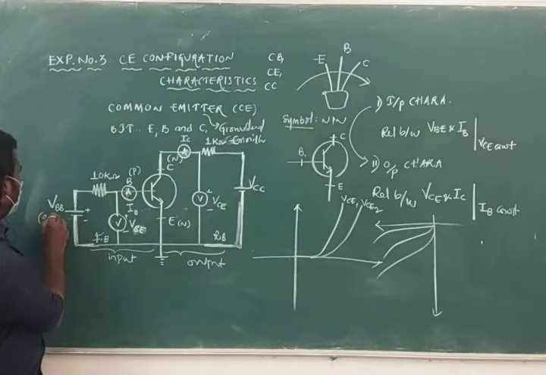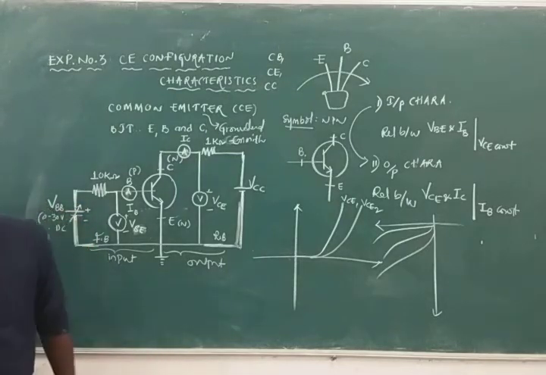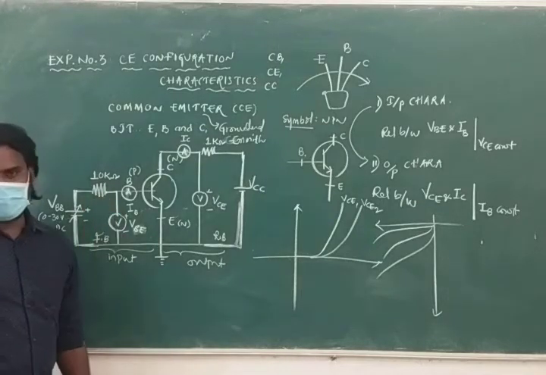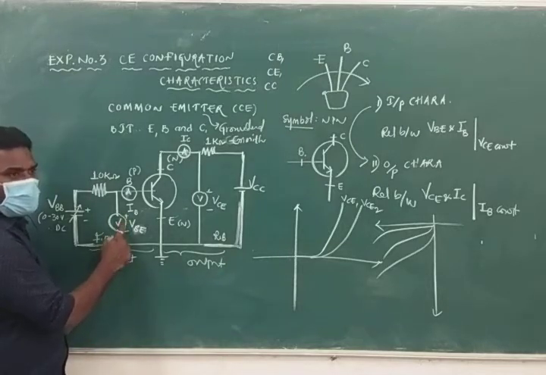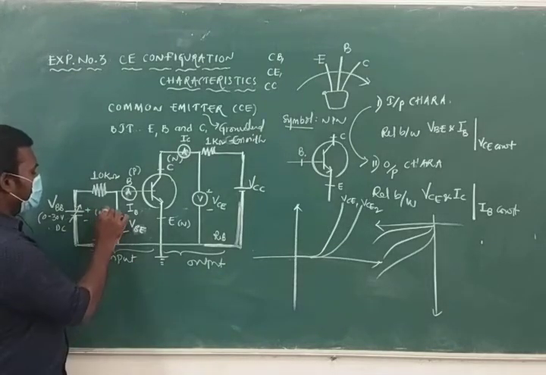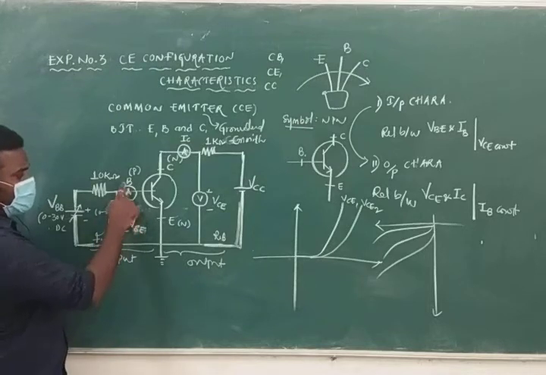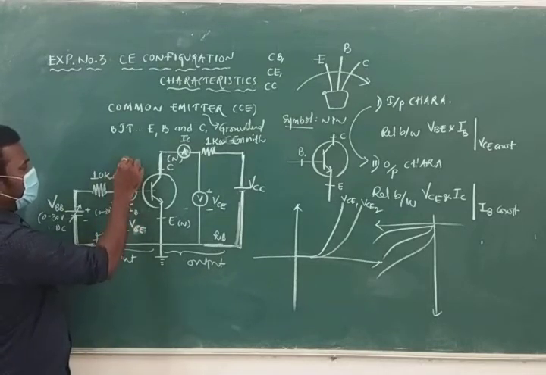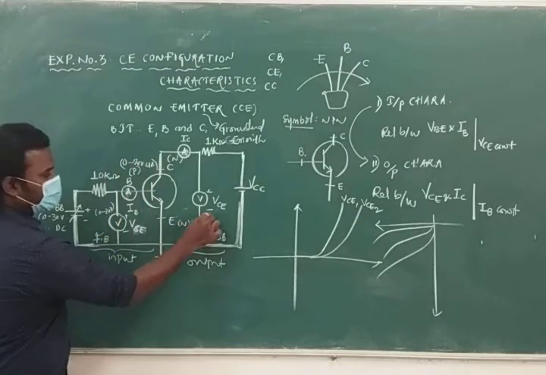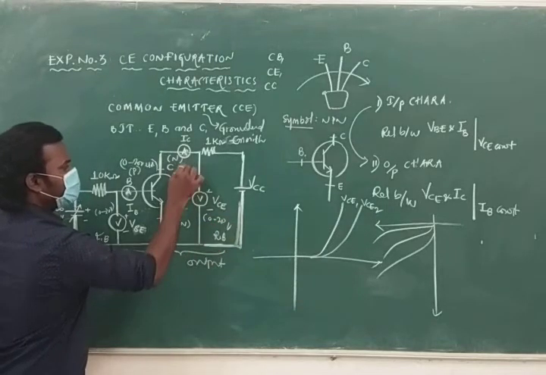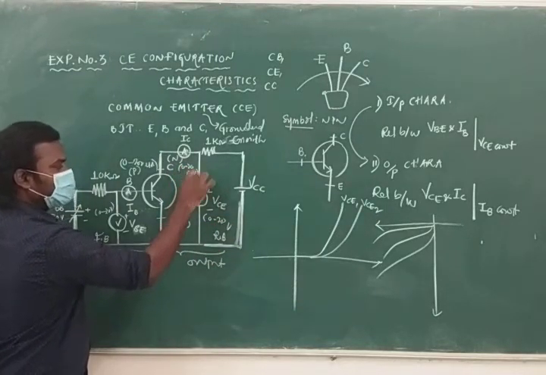This is 0 to 30 volts of DC. It is variable. This is the box. And coming to the resistance, I have the 10 kilo ohms. After that we have to make use of one voltmeter, that range is 0 to 20 volts. Ammeter, base current will be very small, that is 0 to 200 microamps. And this is 0 to 20 volts. And this is 0 to 20 milliamps.